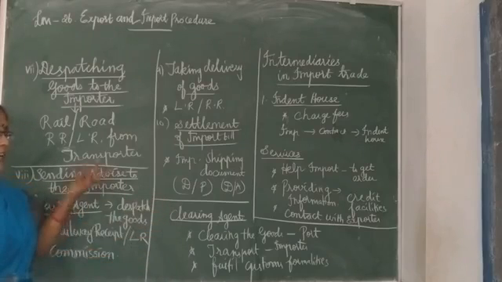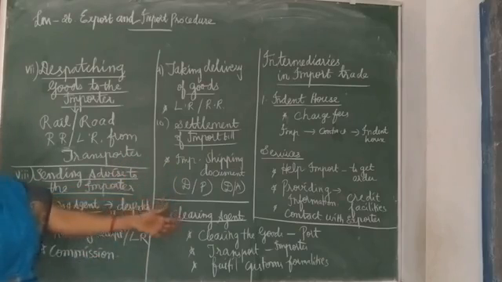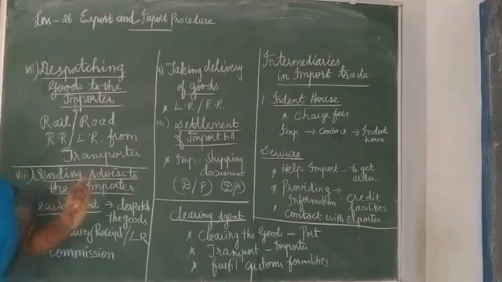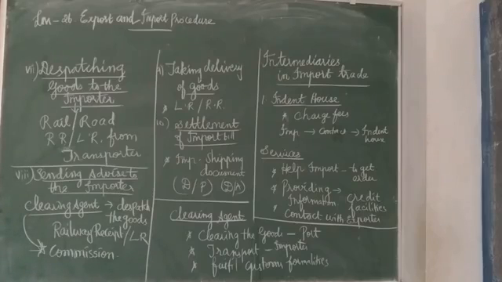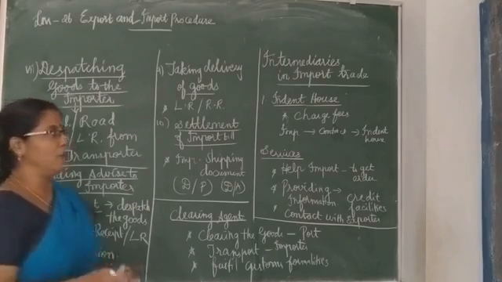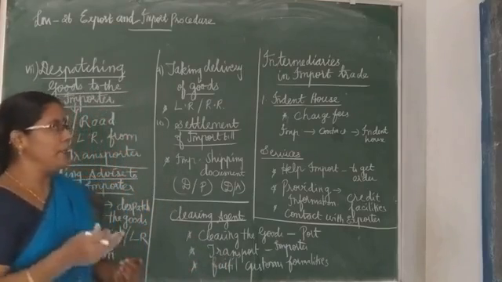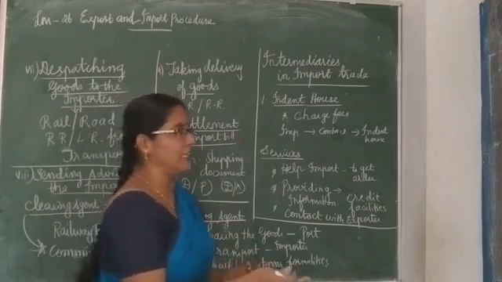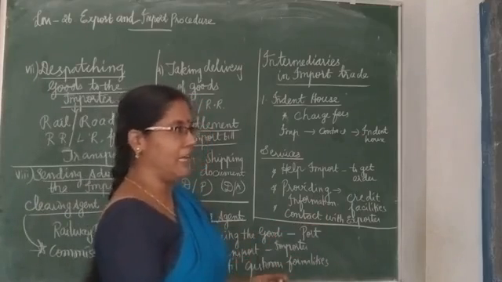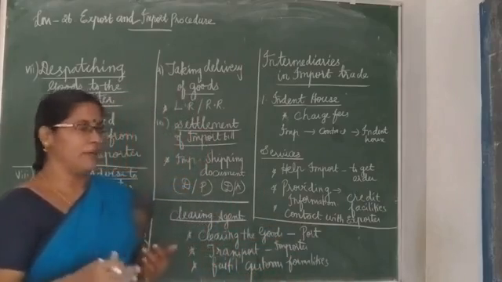So let us recap the documents and then move on to the intermediaries in the import trade. The indent house, or we call it an import agent, is called an intermediary. Why are we calling it an intermediary? They are doing a specialized particular trade. Through the intermediary only we are receiving the goods, and for that they charge fees. So the importer can get into a contract with the indent house, place the order and get whatever goods he requires.